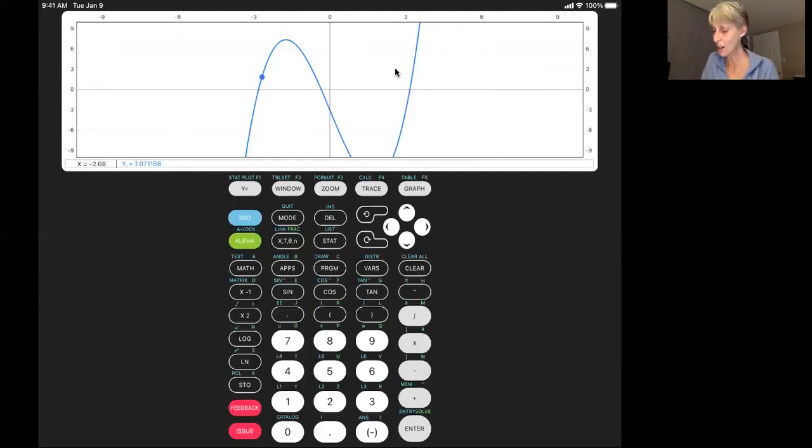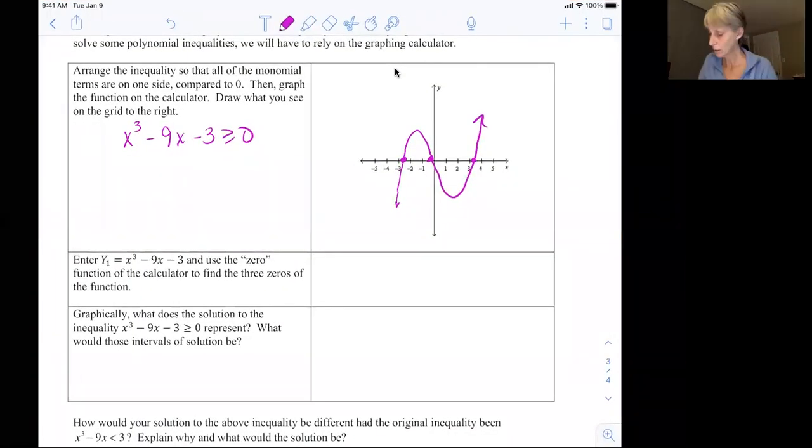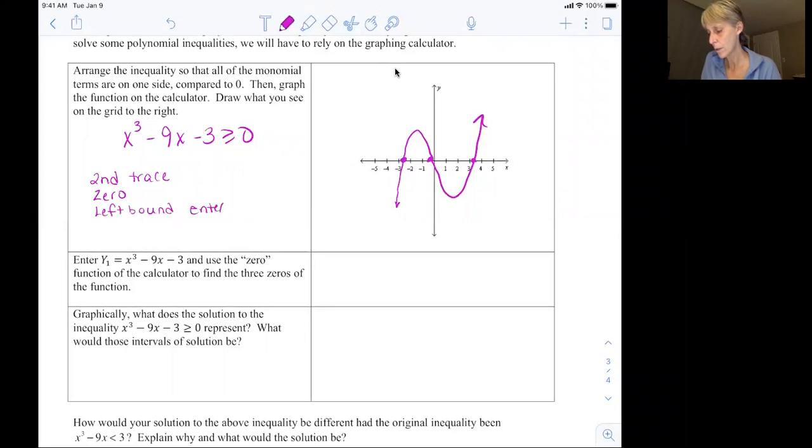So we see on our calculator what they are. But from my old calculator, I'll write the steps here. We use second trace. You choose the 0 option. We do left bound, hit enter. Right bound, hit enter. And then the calculator asks you to guess. This is in the old-fashioned one. Hit enter one more time, and it gives you the actual x-intercept. And when I did that,